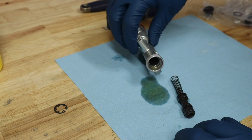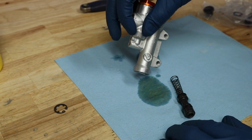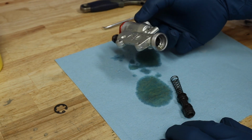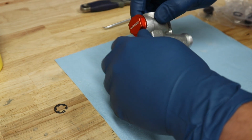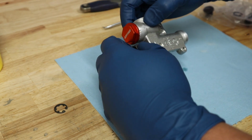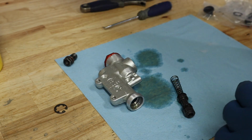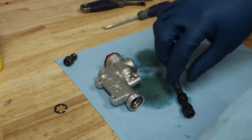Now like I said, I did have this opened up one time, so this has been cleaned out, so I really do not need to clean this out again. In my case, I will, just for video purposes. So I will use some contact cleaner, blow this out. Gonna remove the banjo bolt right here, pull it out completely, and then before I finish getting everything else out, I'm gonna go ahead and